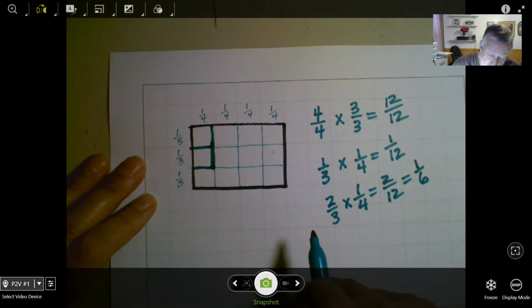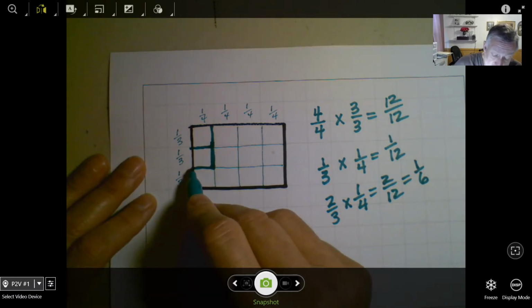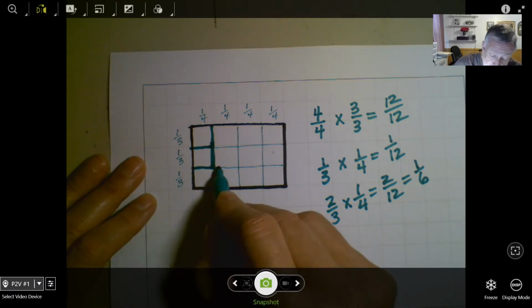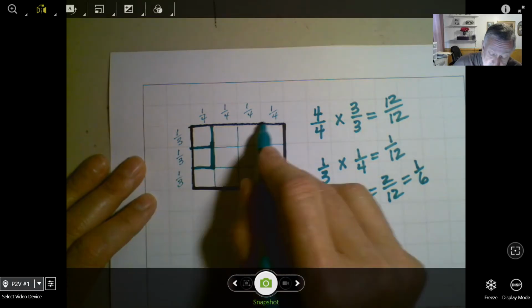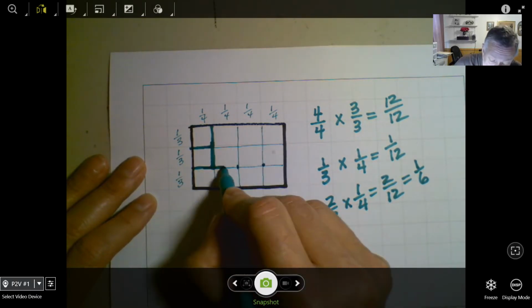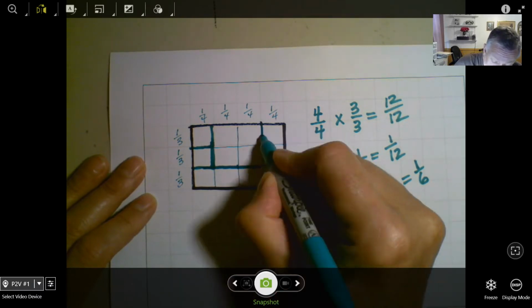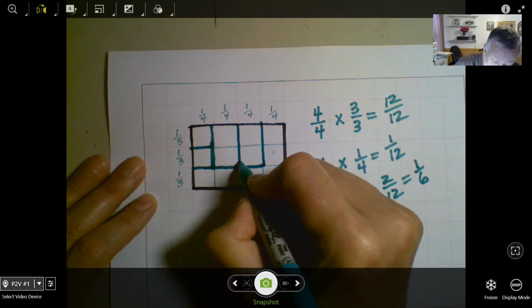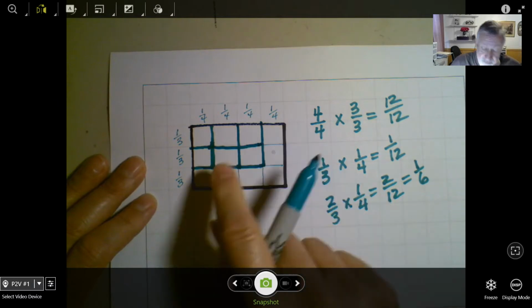Okay, well, let's try another one. Let's stay with our 2/3, only this time let's go 3/4 of the way across. 1, 2, 3. That takes us all the way out to here. Okay, so we've got all these squares if we have